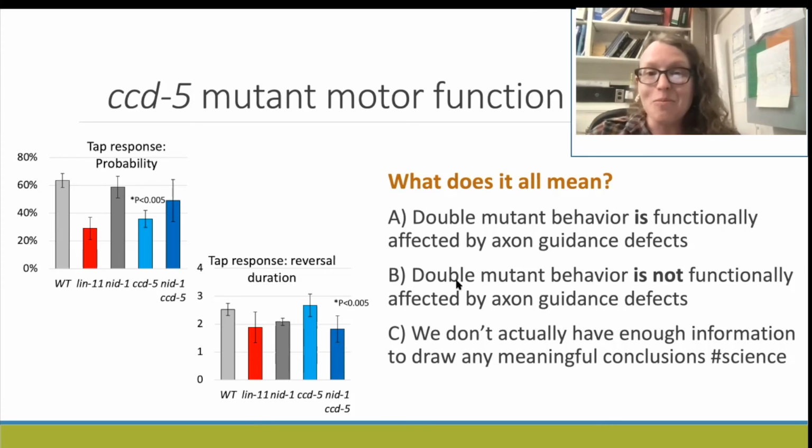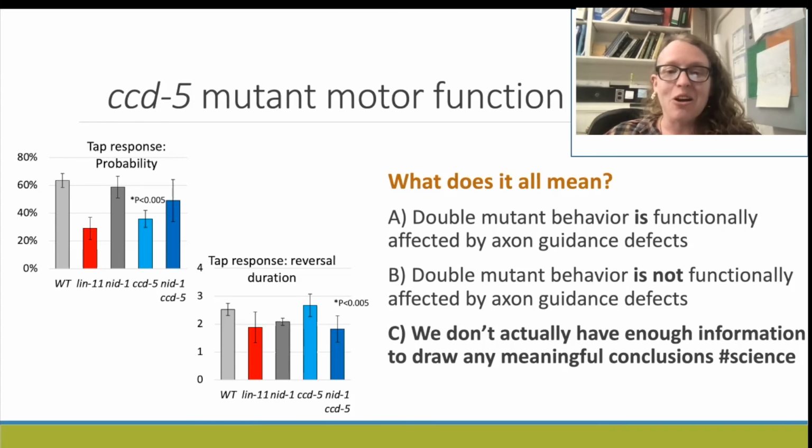So what does it all mean? Is the double mutant functionally affected? Is the double mutant not functionally affected? Do we really not have enough information? What do you think? So my original one that I wanted to put for C, or maybe D, is none